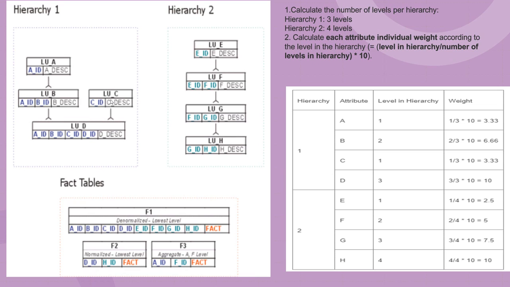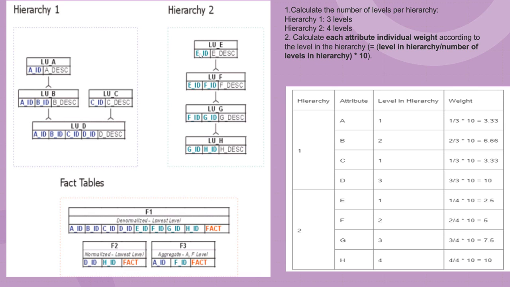So it's going to be calculated as 1 divided by 3 multiplied by 10, which is again going to come as 3.33. And for D, the level is going to be the 3. So 3 divided by 3 multiplied by 10 means the value is going to be 10. Okay. Similarly, if I talk about the hierarchy 2,